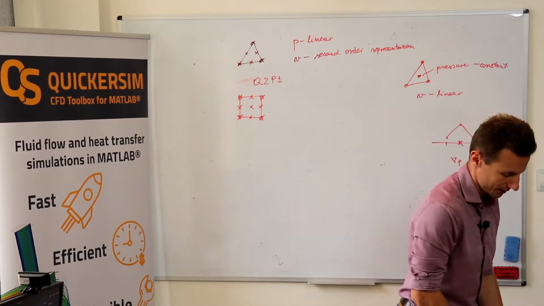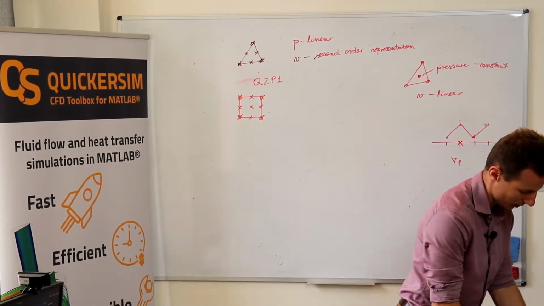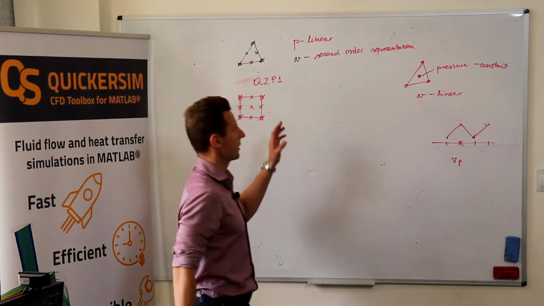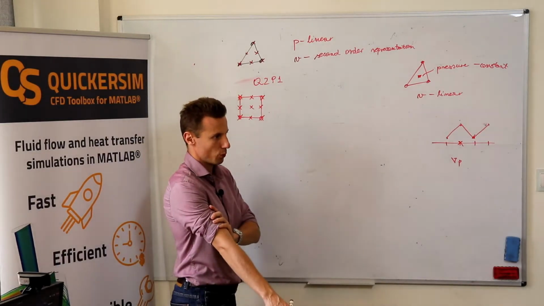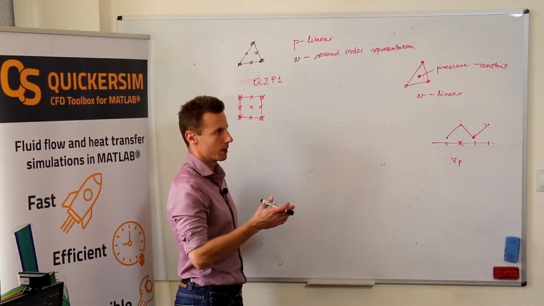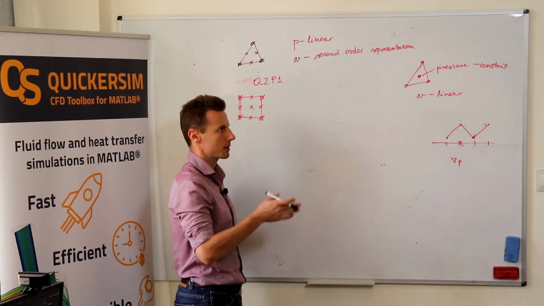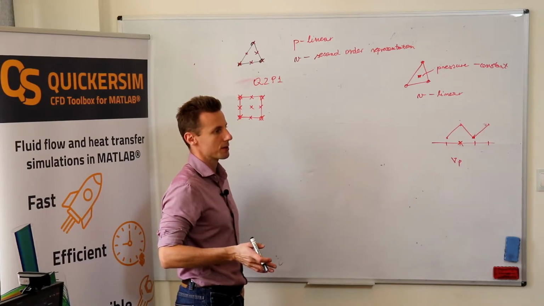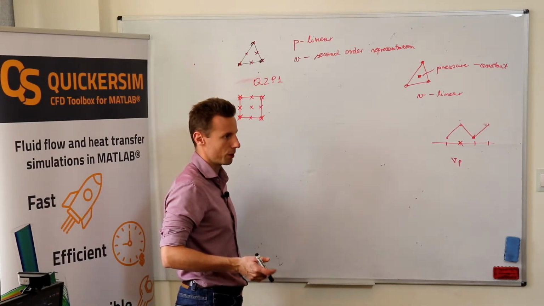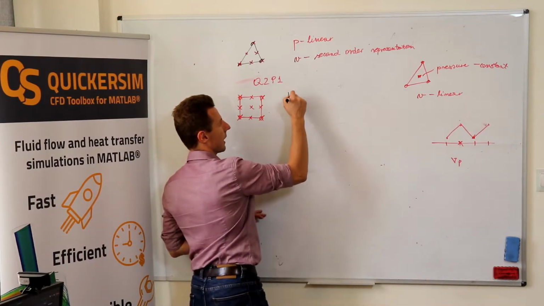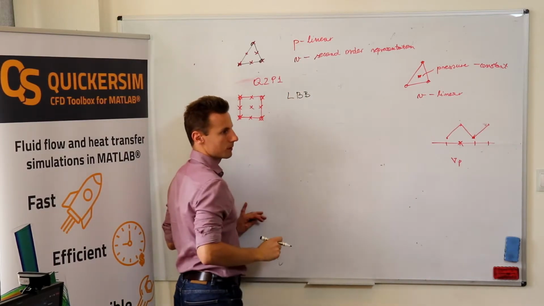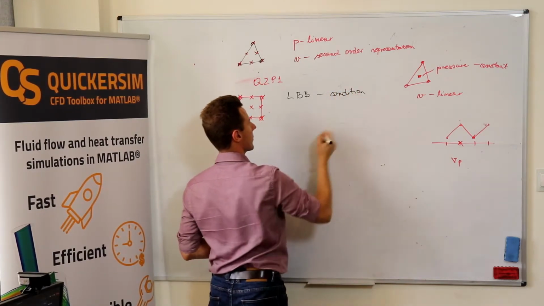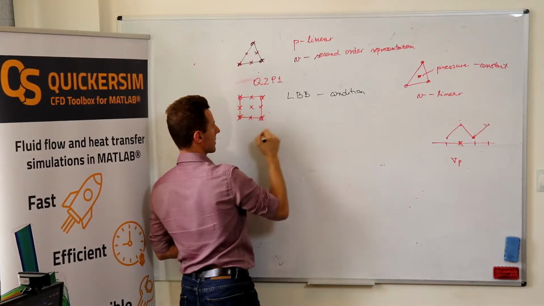If you want to find and study the proof, what I want to tell you is the name of the condition that will tell you whether the pair of velocity function space and pressure function space is a stable pair. It's called the LBB condition, which comes from three names,